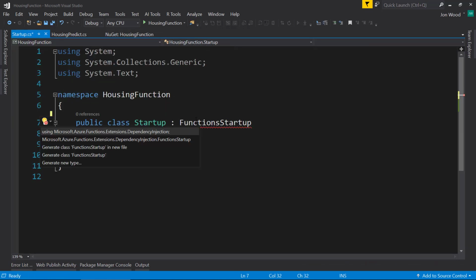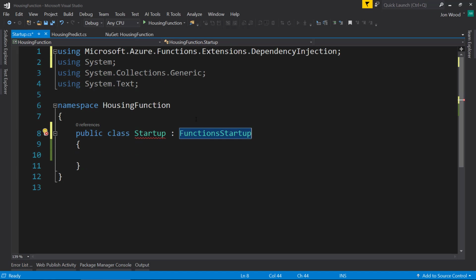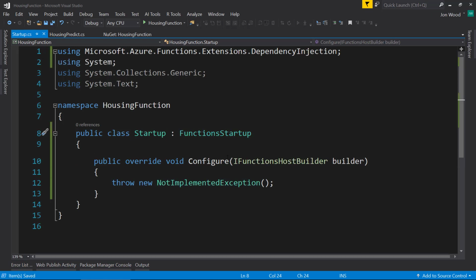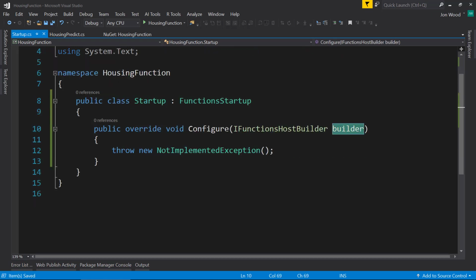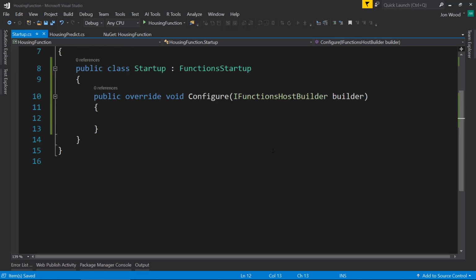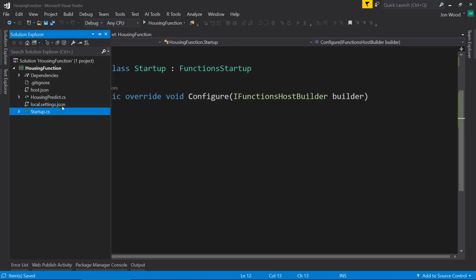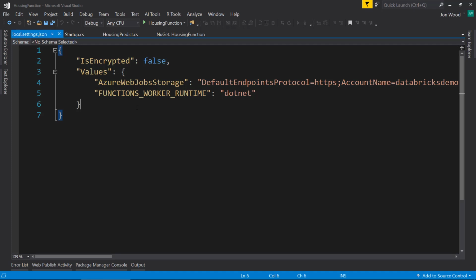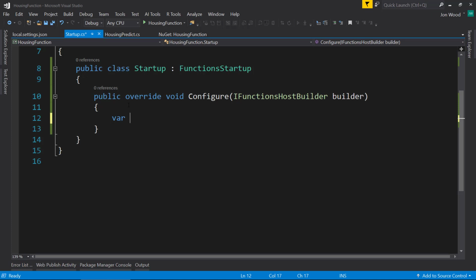There we go. And this requires an abstract method that we need to fill in called Configure. And it gives us this functions host builder. Within here, we can start to build out our connection to the Blob Storage. And if you remember from when we created the project, we told it what storage to use. So in our local.settings.json file, it has this AzureWebJobsStorage config setting, and it already has our connection string to our Blob Storage. So we can get that pretty easily here